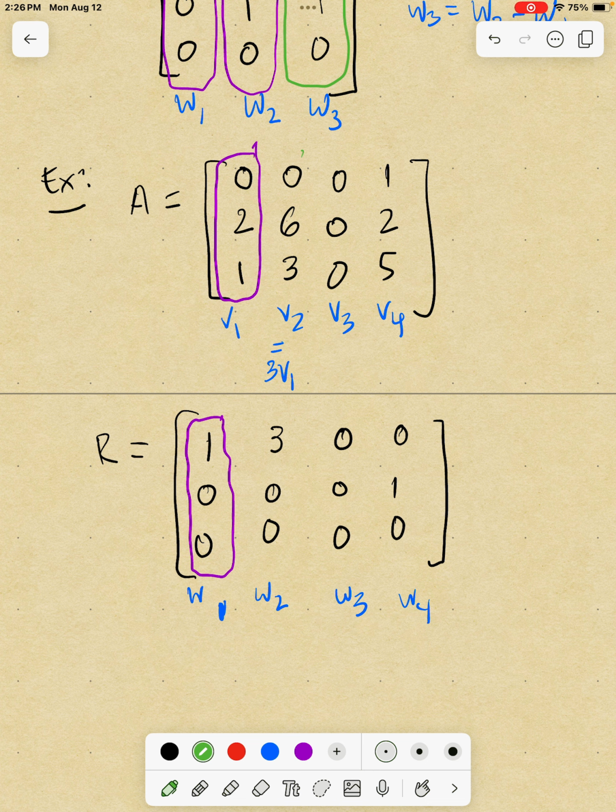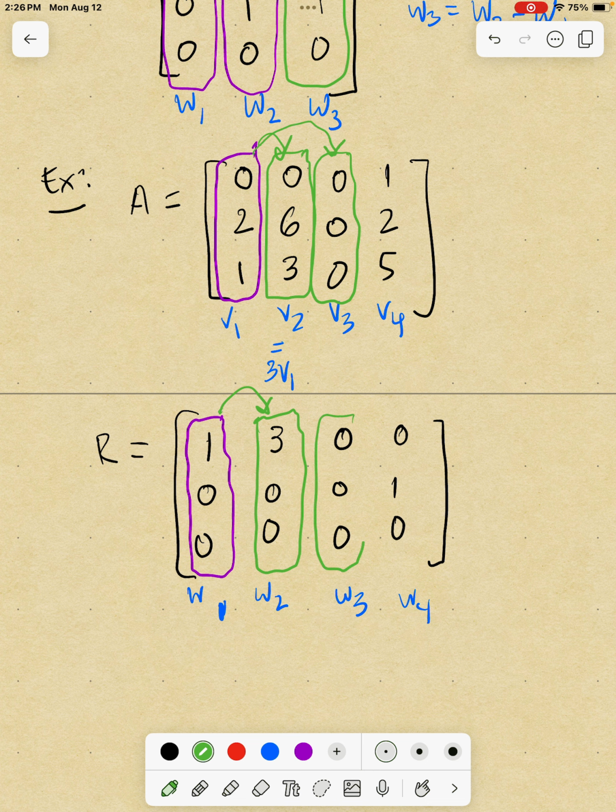Then if the next one is a linear combination of the previous one, this second column is going to be the same linear combination corresponding to the other column, right? And it's the same way, you just keep going. So 0, 0, 0 is a linear combination of V1. It's a multiple of V1. And so you make your W2 and W3 multiples of W1. And as soon as you reach one that's not a multiple of